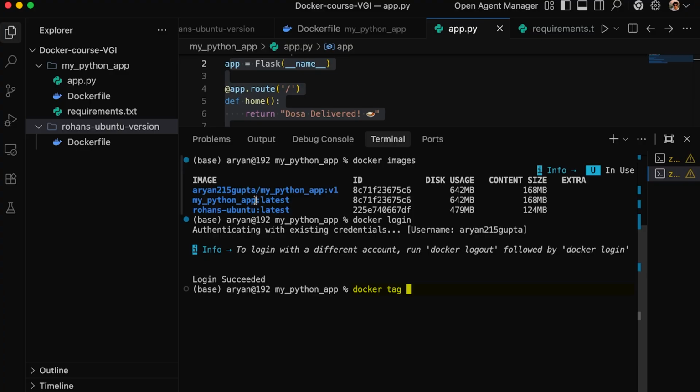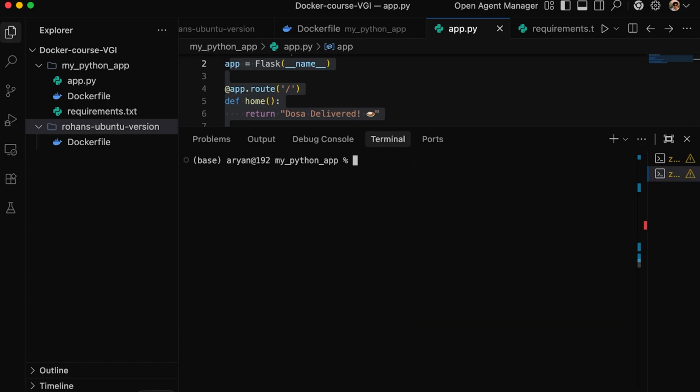tag command, and then this is my image, then space, then your Docker Hub username, since this is the local image and you want to push it into Docker Hub. So rn215 is my username, and let me copy my base image name and give some version, v1. So I need to use rn215 and then slash. Now press enter. Now that my image has been created, if I see docker images,